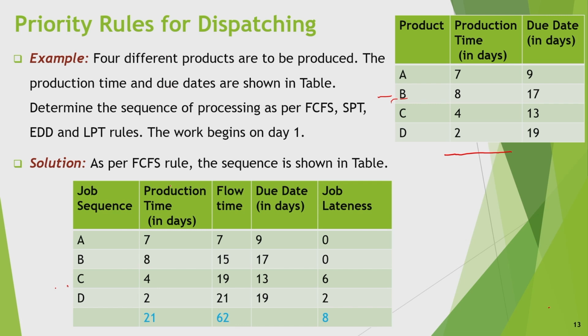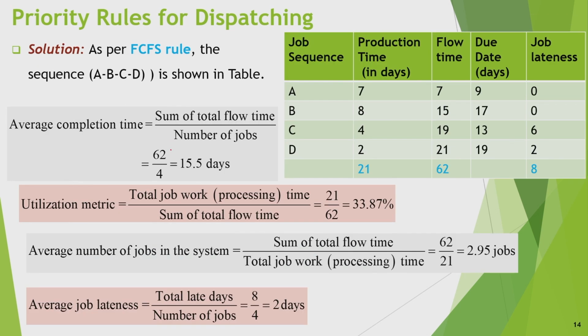So, if you sum all the production time in days, it is only 21 days, but flow time was 62, and job lateness also has been summed up, which comes out to be 8. So, as per the FCFS rule, first come first served, the sequence ABCD is shown in the table. So, average completion time